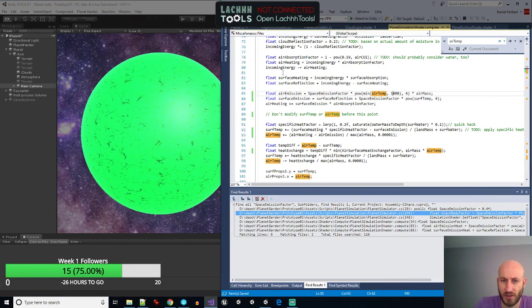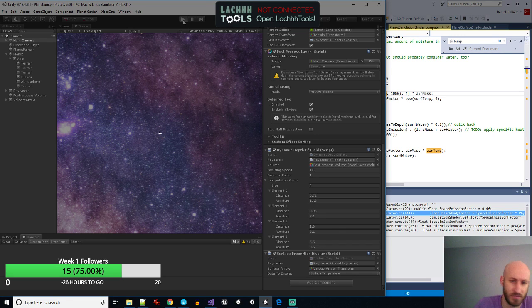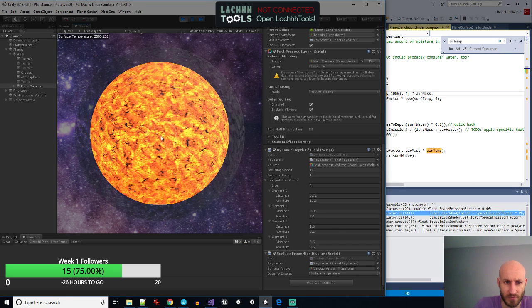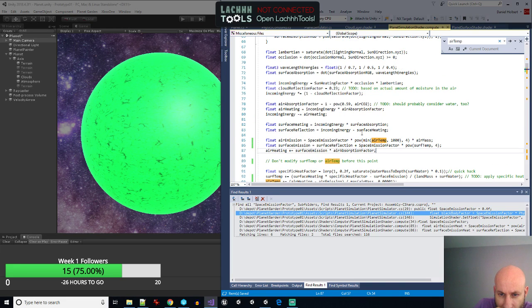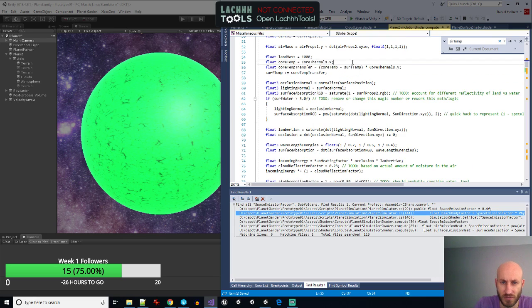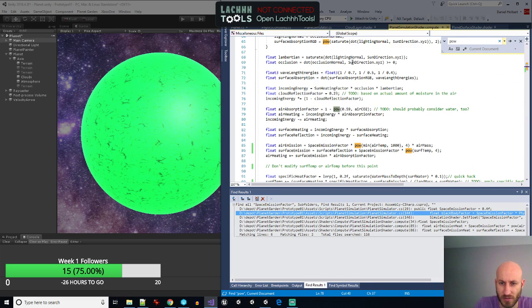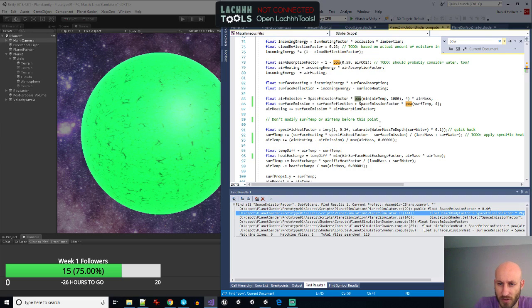And it looks like it's fairly low. Which is weird. I don't know why it's not a problem for the surface, because the surface also is over 1,000. Its power level is over 9,000. Maybe multiplying by the air mass is enough to do it. So